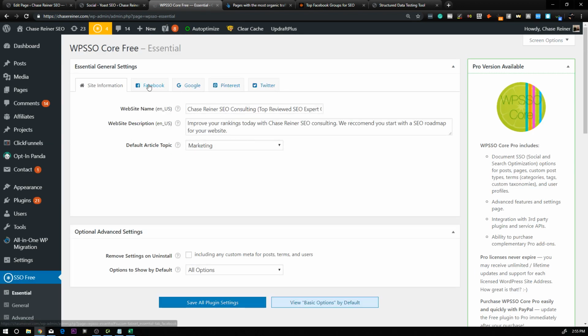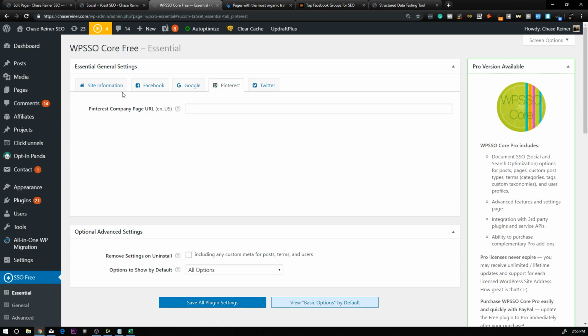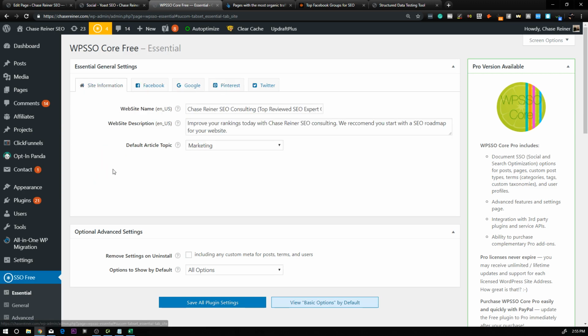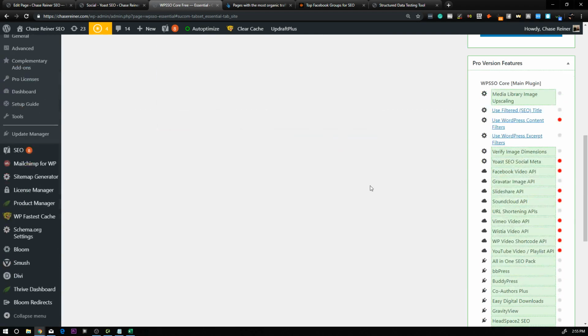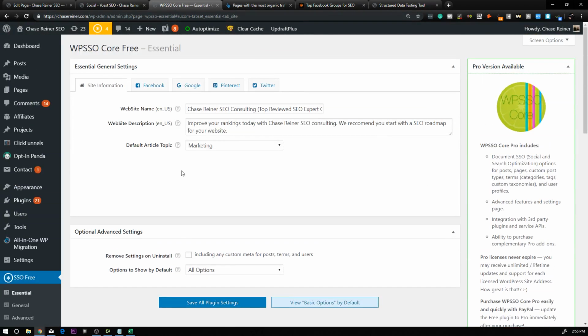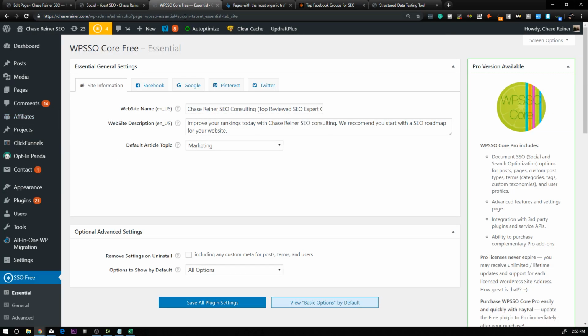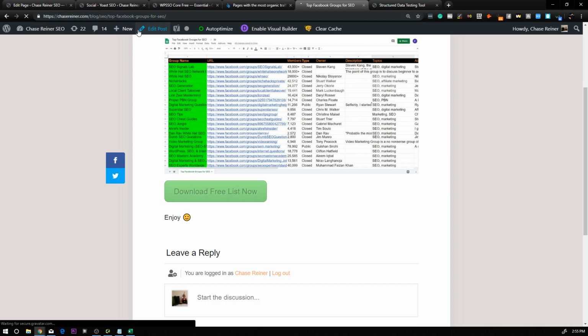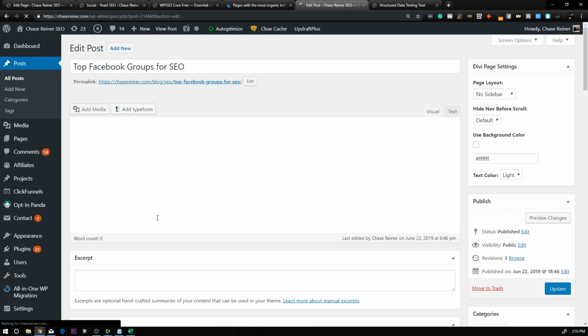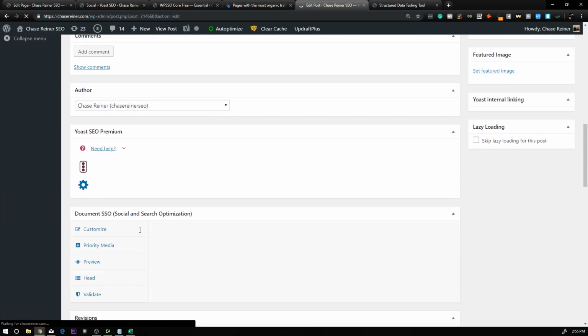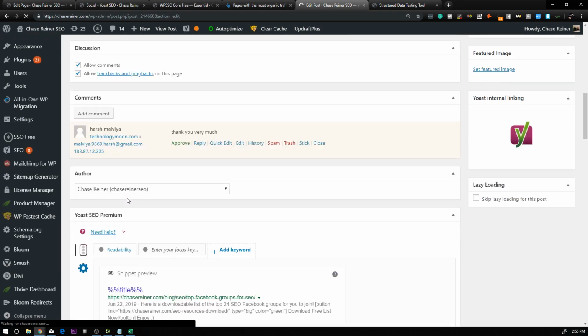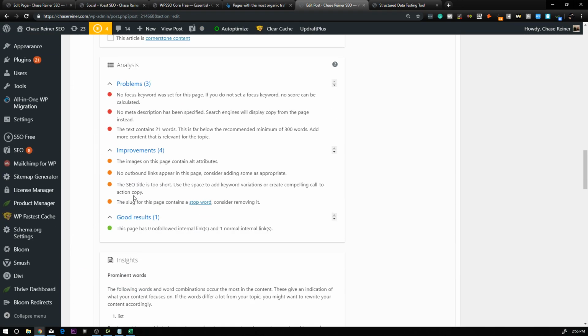just putting in your website name, website description, putting in your social profiles. And then what you can do is this will automatically mark up your images and everything on your pages, which is nice with Schema. But what it'll also do is share whatever your title and your meta is into social and pull your featured image into social. Now, if you get the pro version, you can actually specify on your post whether you want to share a video, whether you want to share certain types of information, so on and so on,